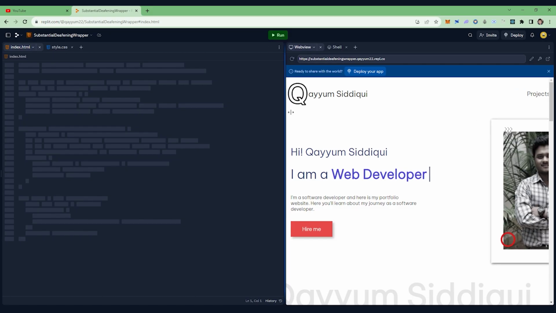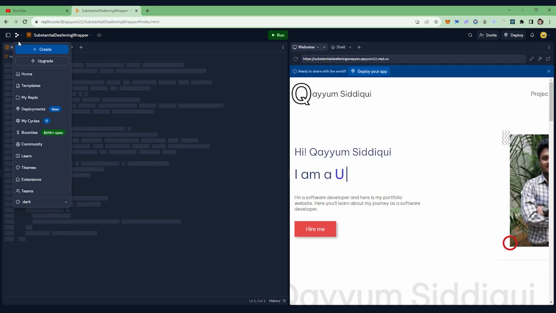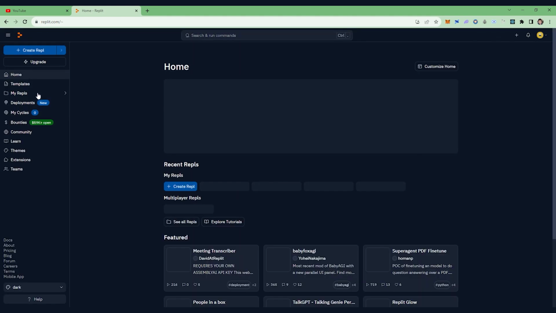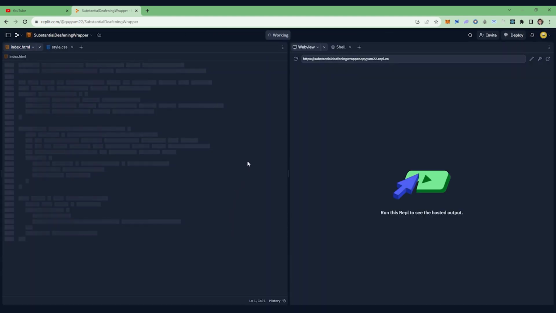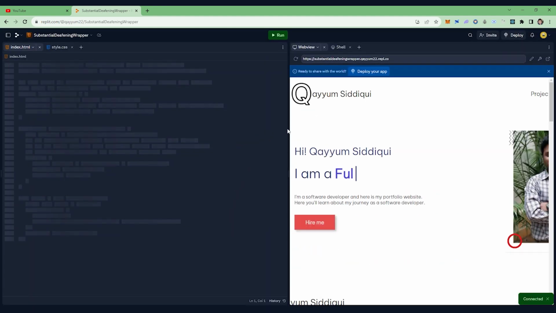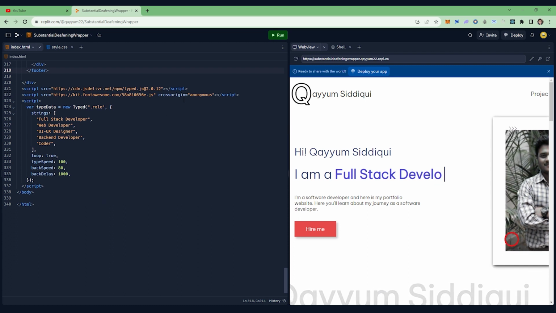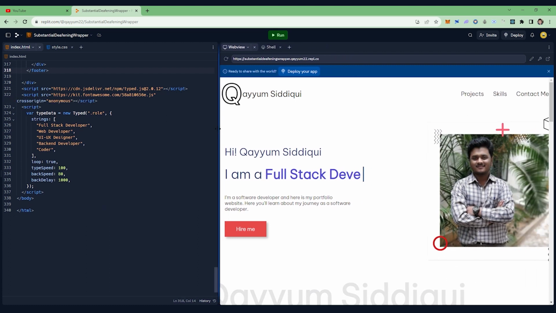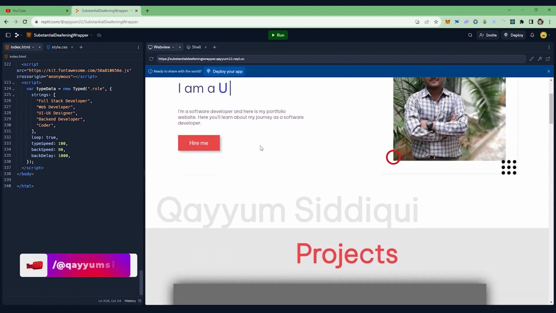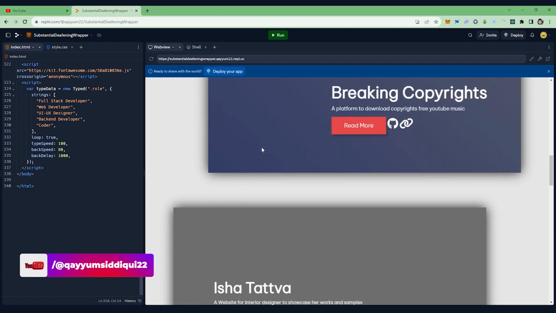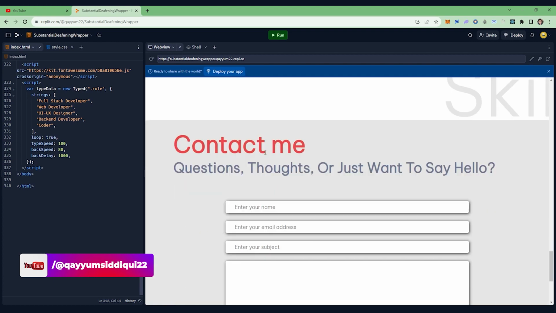Replit also makes it easy to deploy your code on the web with just a few clicks. With Replit's deployment feature, developers can deploy their projects with just a few clicks. Replit supports a wide range of programming languages and frameworks, including Python, Java, Node.js, and React, to name a few. This means that developers can deploy a wide range of applications, from simple static web pages to complex web applications. Replit's deployment process is designed to be simple and straightforward.